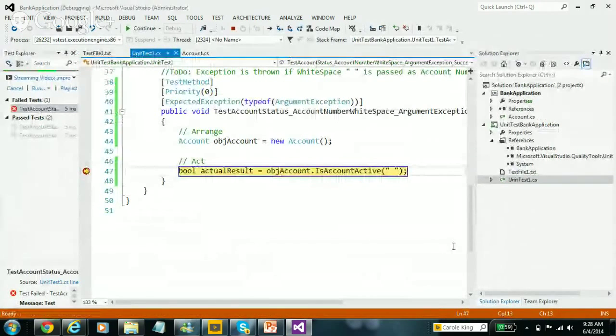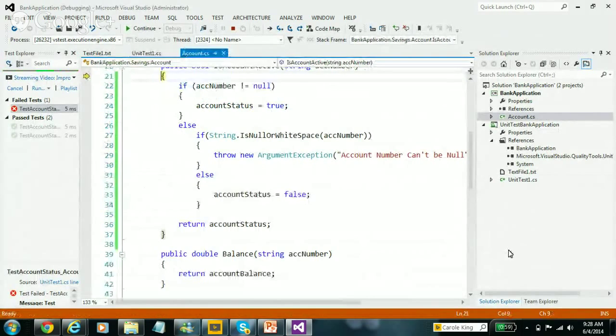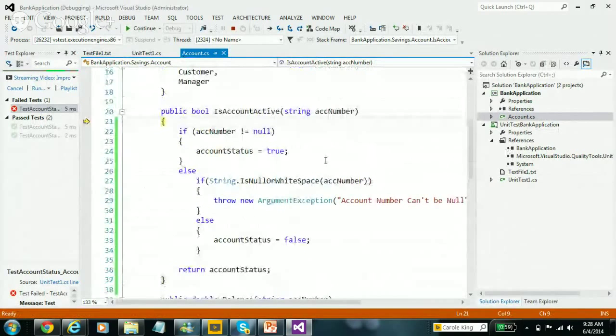So I'm here. I am pressing F11 to step into isAccountActive in the object account. And I'm here right now. See my account number? The account number is a white space, which is covered right here. See this? In the else condition. Now I'm stepping over. I'm pressing F10,